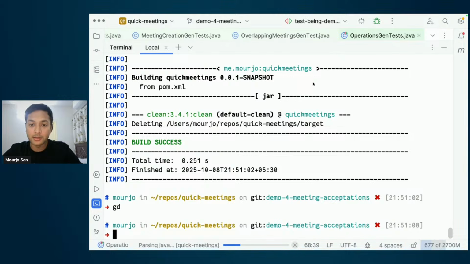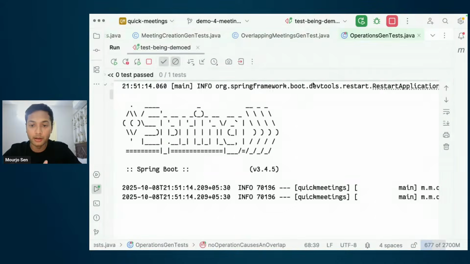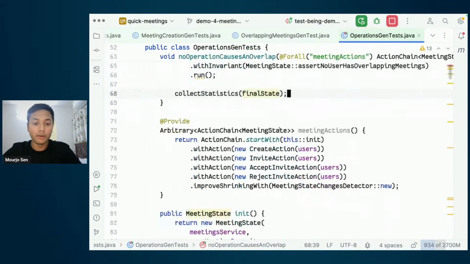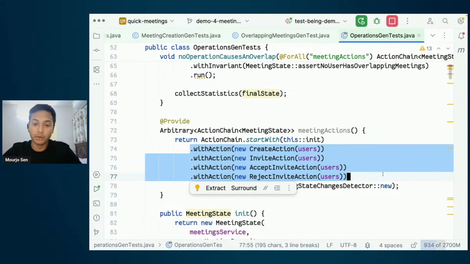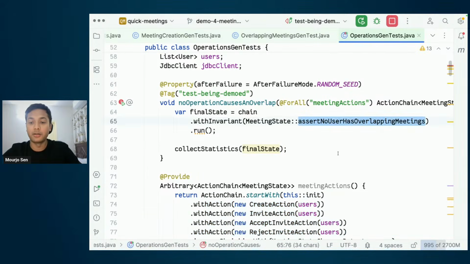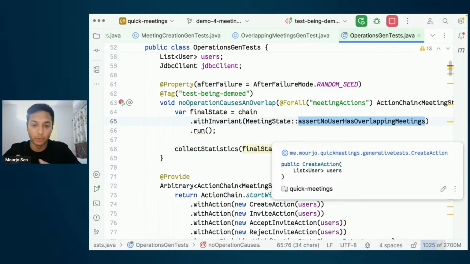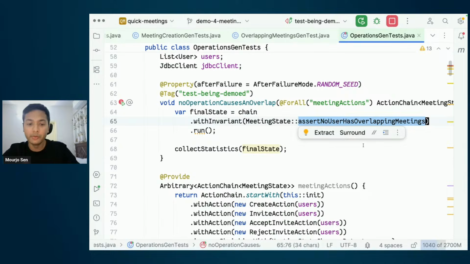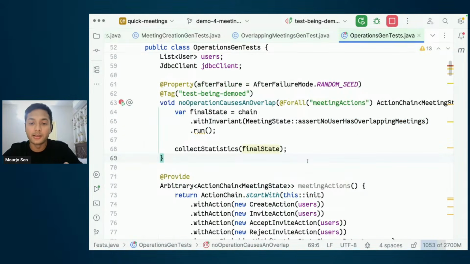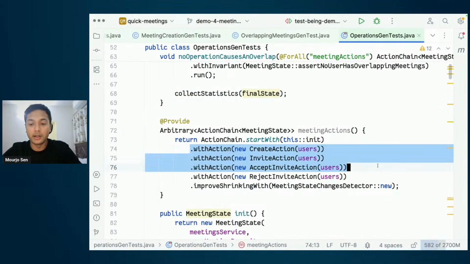So multi-user actions interleaving with each other, writing examples by hand is not something that would be very simple to do. But now that we have a way to model user actions, right? We have a way to model a creation of a meeting, inviting, accepting, rejecting. We said initially that we don't want overlapping meetings, but we can extend this further. Now that we have such a robust method of doing different kinds of combinations that the users would do in production anyway, we can extend this to say, okay, we don't want overlapping meetings for sure, but we can add to the guarantees that the system has or extend the properties that we initially started with. And that would be possible because now we have a framework that does this for us.